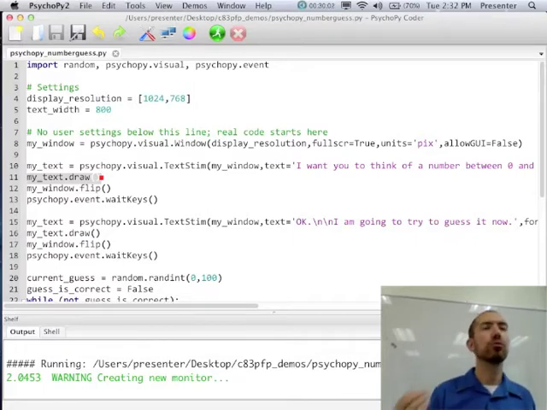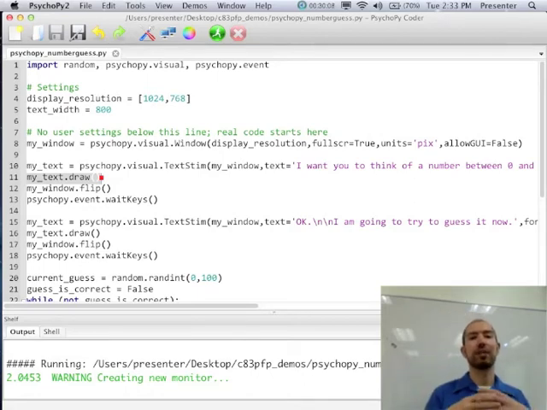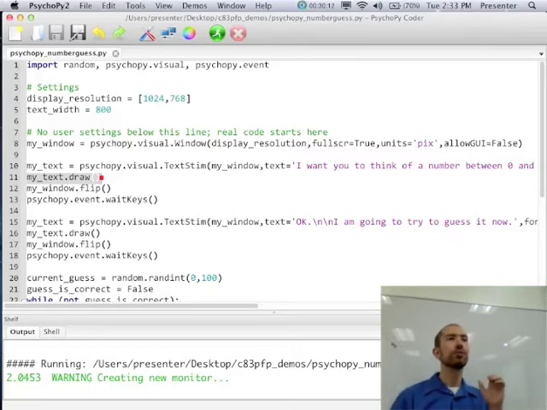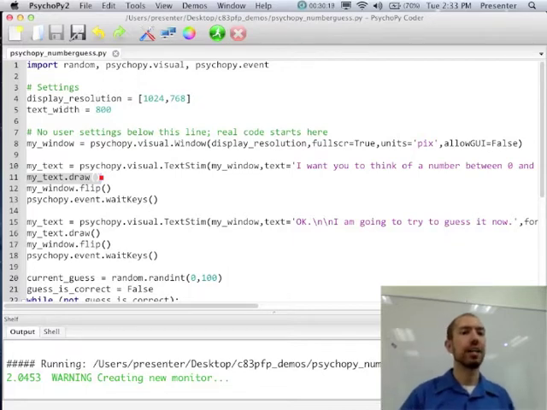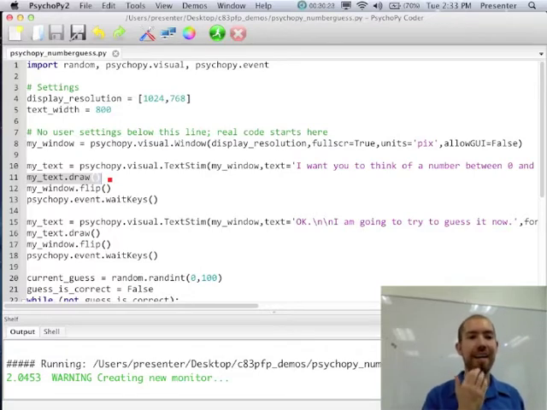Then we called this draw method of my text, right? So we created this text object that has all kinds of information about the text. Then we tell it, draw yourself, right? We've told you what you are, we've told you what your font is, what size you are, what window you should go on. Now go draw yourself, right? If you don't tell the text to draw itself, it doesn't get drawn, okay?